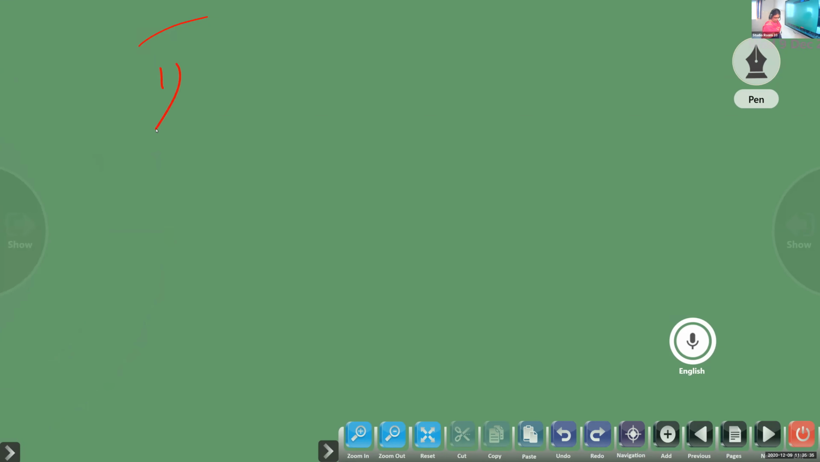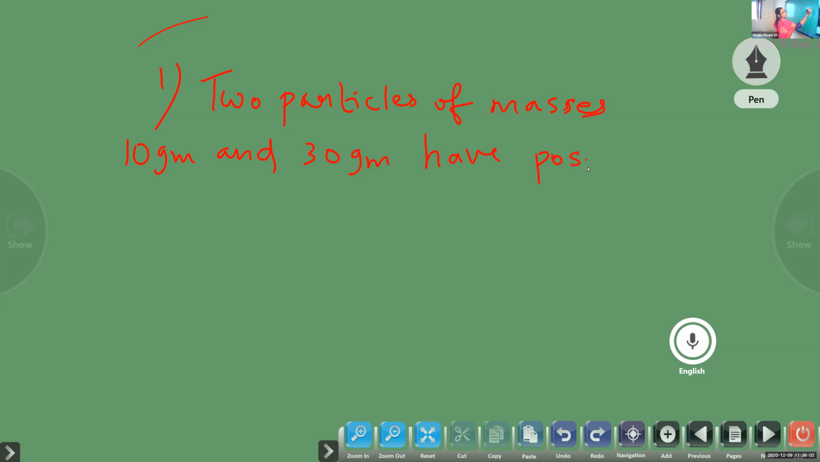Write the question, children. Two particles of masses 10 gram and 30 gram have position vectors